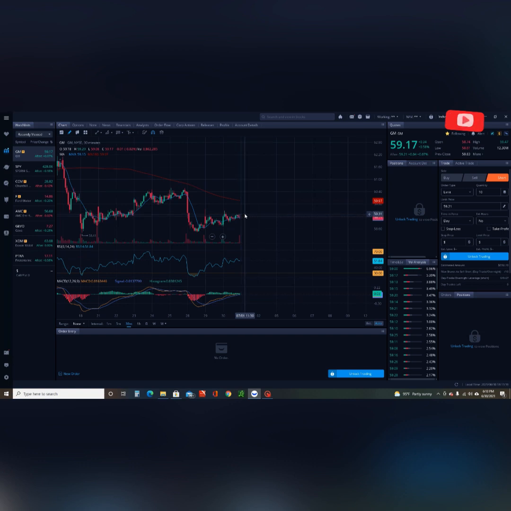So if we wanted to sell it at 59.30, we would come in here, we would short, we would set a limit order because we have a specific price target in mind that we wanted to hit. So we would set our limit order at 59.30, and you can either make it a day or good till canceled. We want to trade in the extended hours. You're going to get a lot of volatility, a lot of movement in the extended hours. So if it's an option for you, I prefer to trade it. I always allow my trade orders to go in with extended hours,